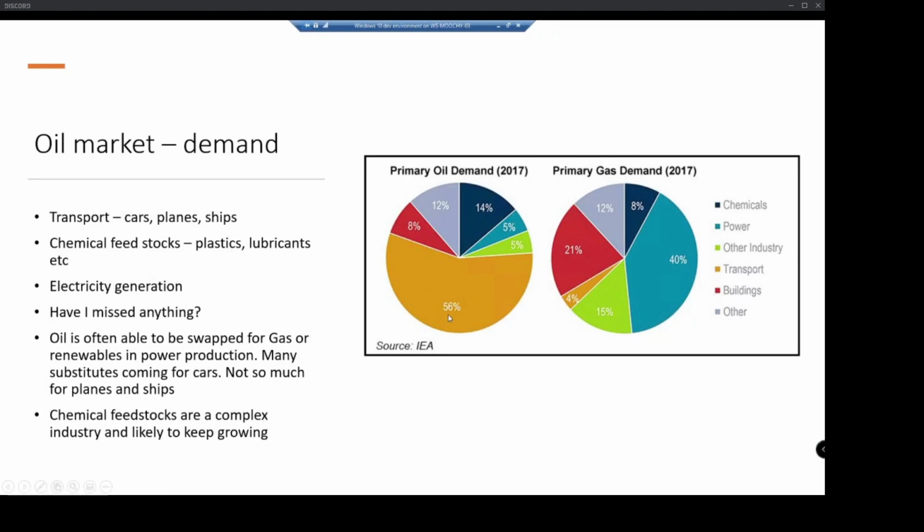So the question here is what's going to happen to this graph and how quickly. And for oil, I don't actually have that on me at the moment, but it's not as cut and dried as people think, in that oil isn't ending tomorrow. Obviously, everyone's not switching to an EV tomorrow, so this transport segment isn't magically disappearing.